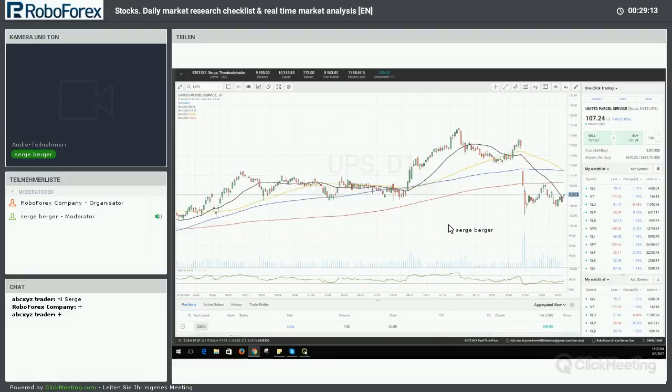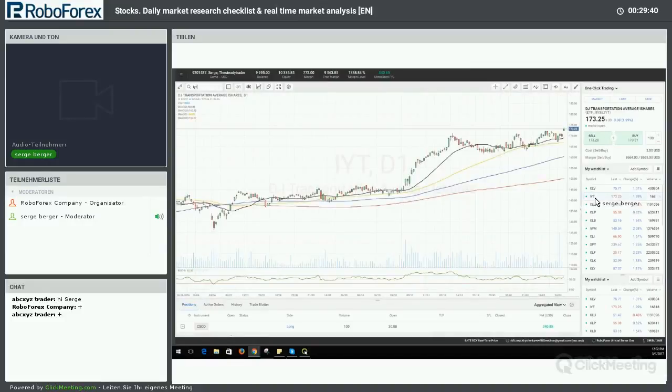Well, number one, I do have my indicator, and my indicator gave me a signal a couple of days ago. It popped up on a watch list that UPS is giving us what I call a bullish reversal. And that bullish reversal in UPS then led me to look at the transportation stocks a little bit more. Of course, I was aware of the transportation stocks and what they had been doing. We talked about it last week.